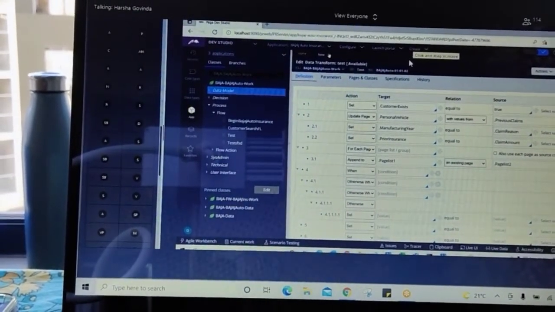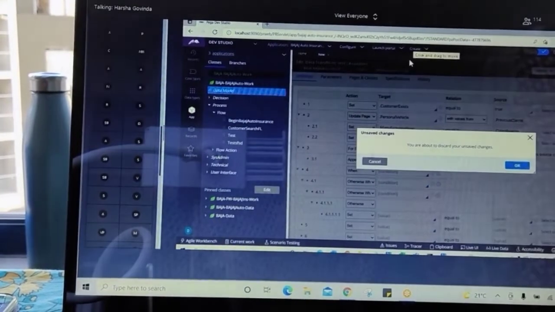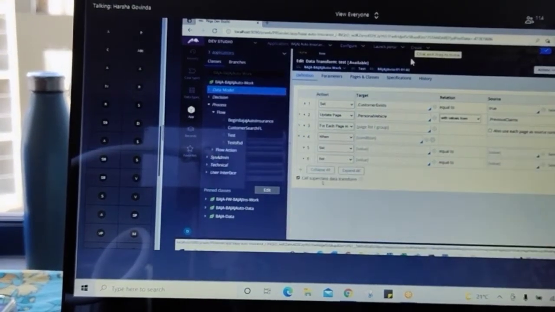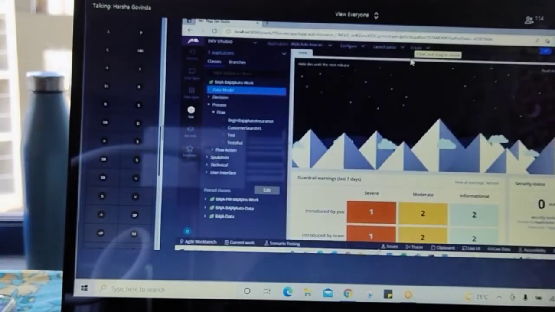So far, there is nothing much to tell you as of now. There are some options that we need to discuss, like call superclass data transform and all, which we will be discussing later. While we are dealing with rule resolution algorithm, we will talk about call superclass. So as of now, it is a property set data transform. So straight away, we can work on a business requirement. Is everyone clear?